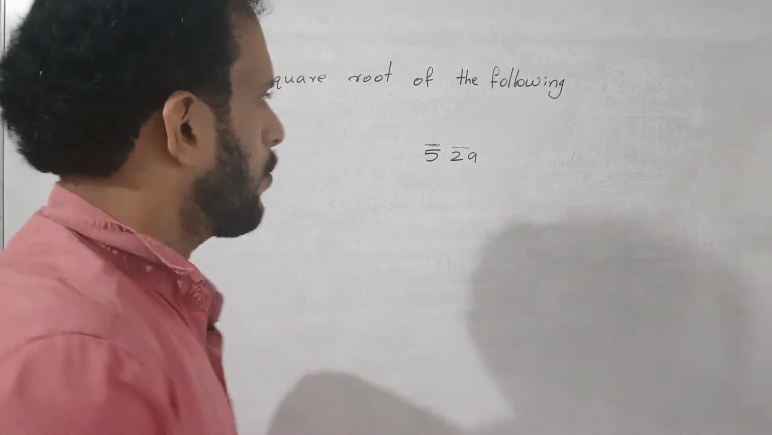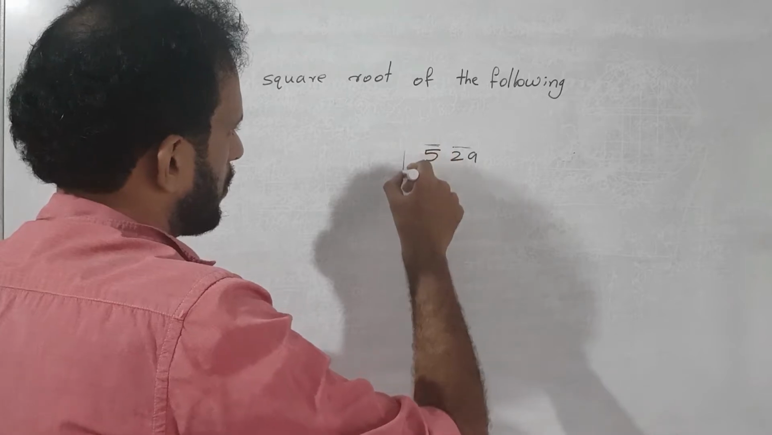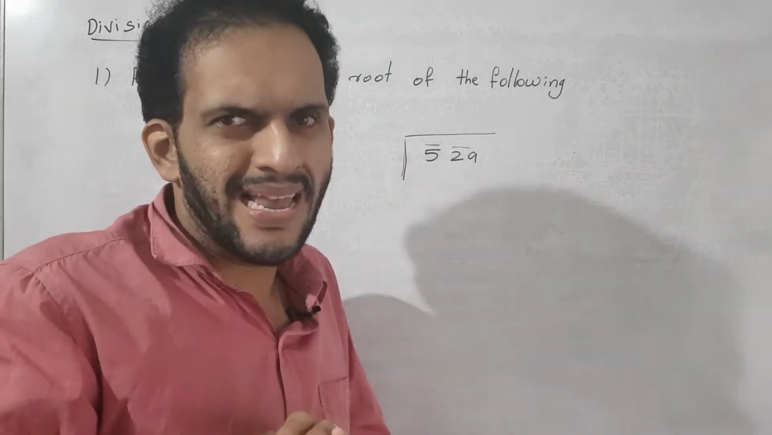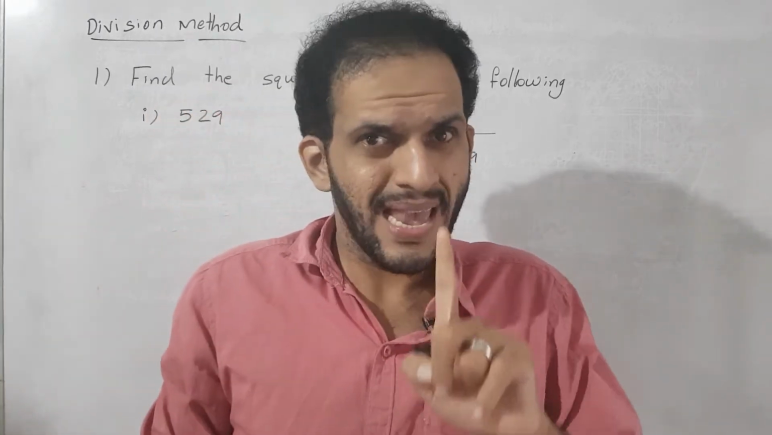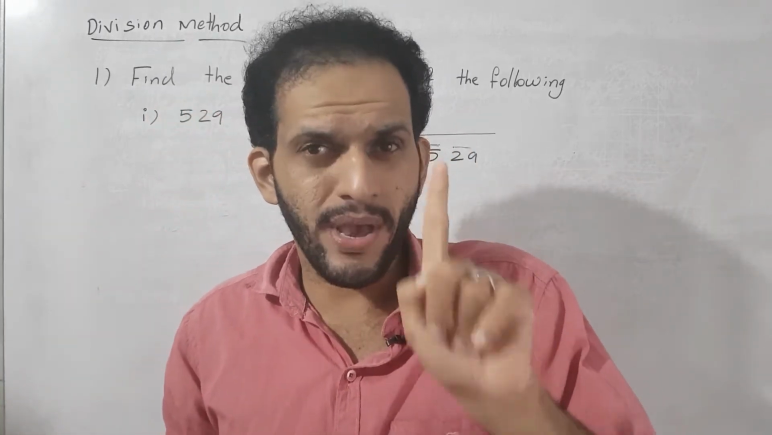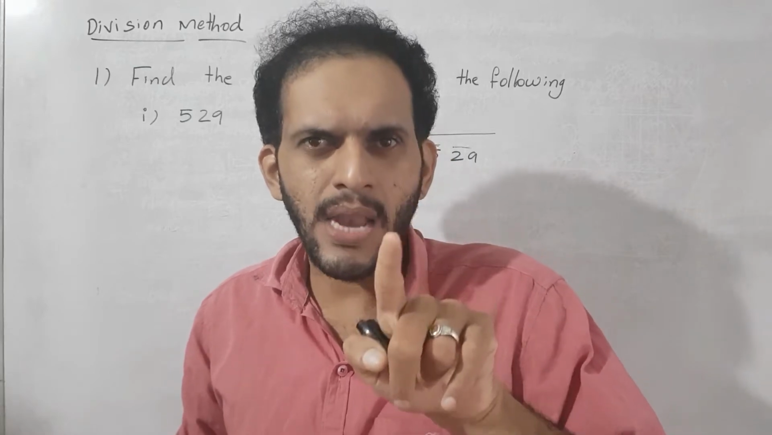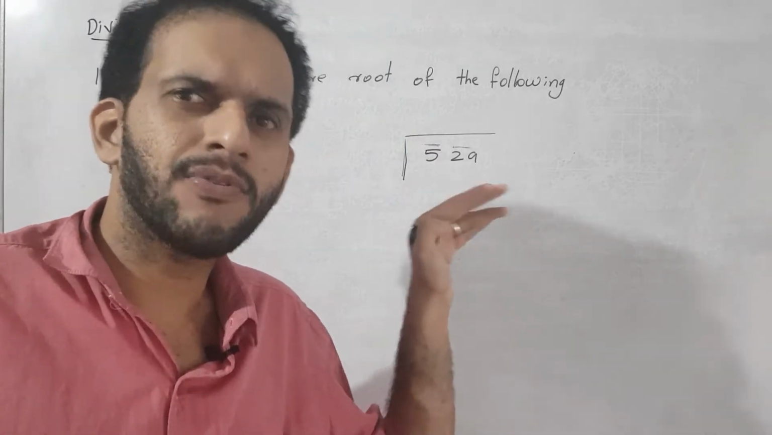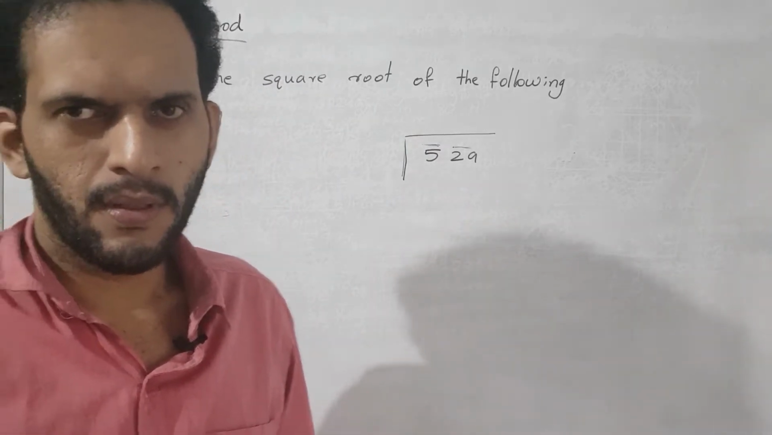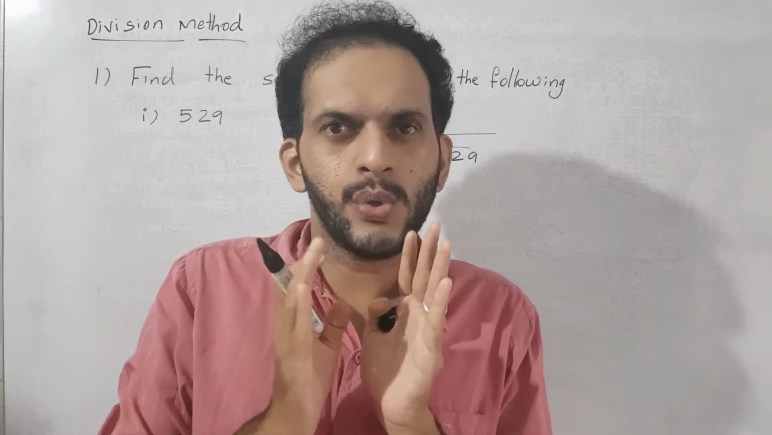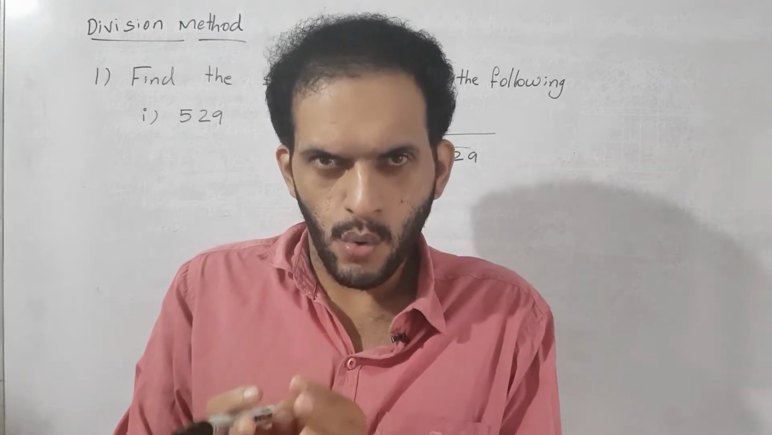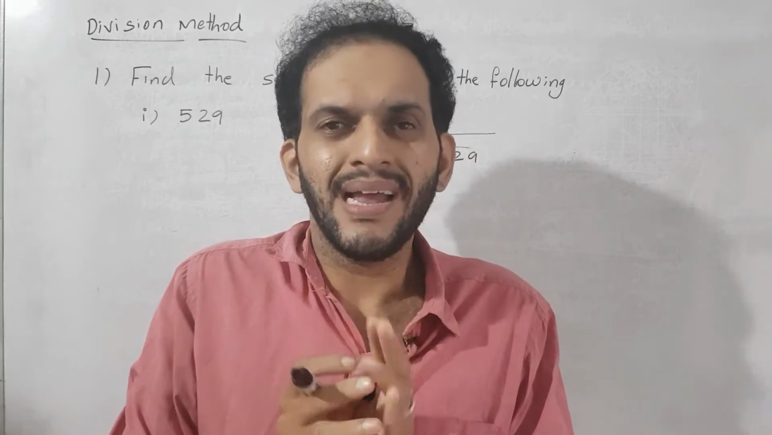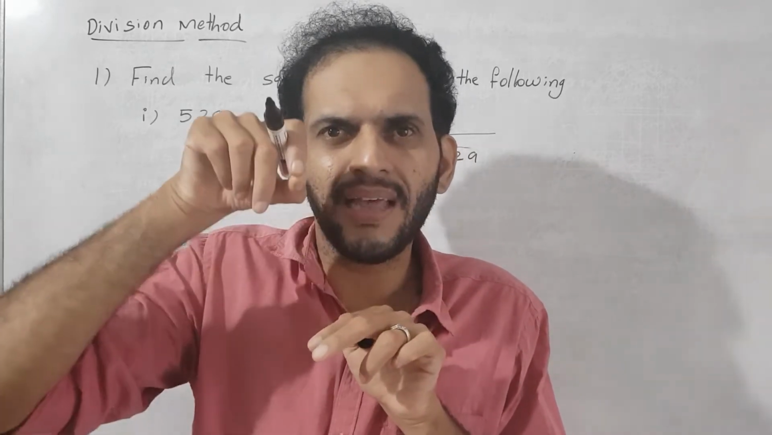Then after that we start the division method. First we need to choose a number whose square is less than or equal to the digit under the left extreme bar. Then next we choose one number whose square is less than or equal to the digits under the left